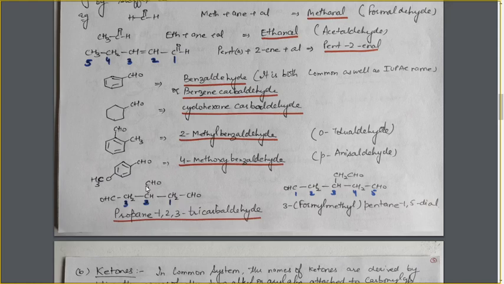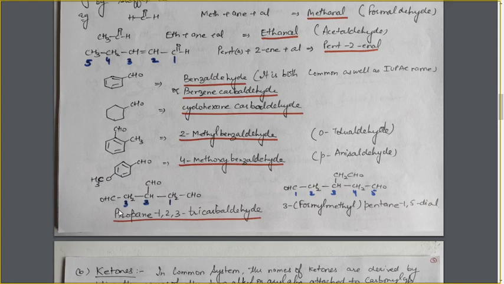So in such cases, as per the IUPAC rules, if there are more than two carbon containing functional groups, here 3 groups are there, which are directly attached to the straight carbon chain, this 3 carbon chain with which these 3 functional groups are directly attached, in such cases the straight carbon chain, without including the carbon atoms of the functional groups, is taken as the main chain, whereas the carbon atoms of all the functional groups are not included in the main chain, and they are indicated by some other suffix.